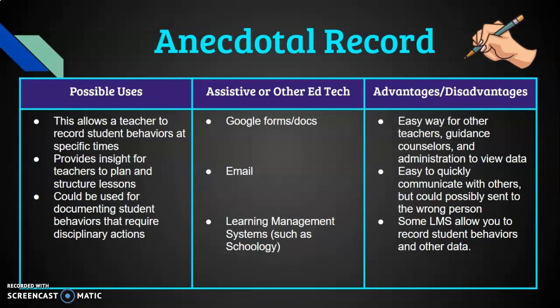Again, this all helps to make you a better teacher, to help you tailor your instruction to students individually. Sometimes it could be used for documenting student behaviors that require disciplinary action. And again, Google Forms, Docs, a great way to do that. Email is easy to quickly communicate with others, but you need to make sure that you're sending it to the right person. And learning management systems such as Schoology can allow you to record student behaviors and other data on a case-by-case basis. So a great way to